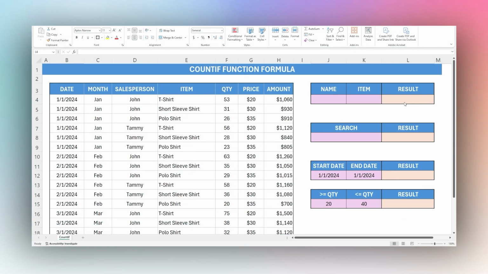Today we're looking at the COUNTIF function in Microsoft Excel. So let's go ahead and jump right in. We're going to double click into a cell and start our function with equals COUNTIF and then that opening